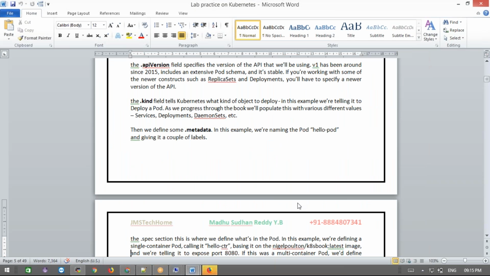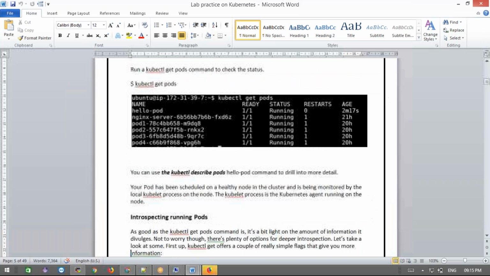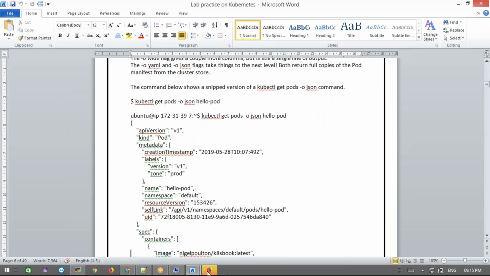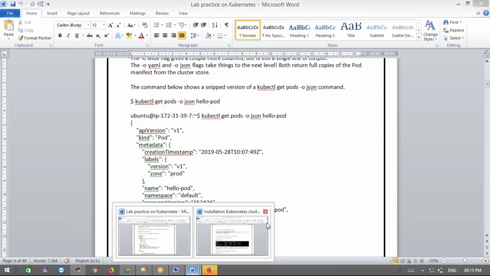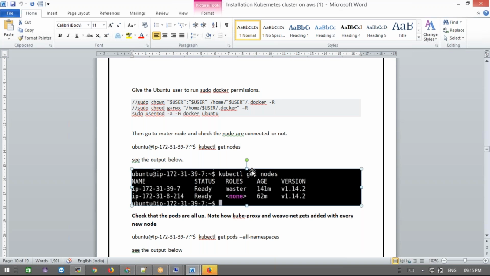Now this is the document for the lab practice. This is the installation document. If you want to get this installation document,